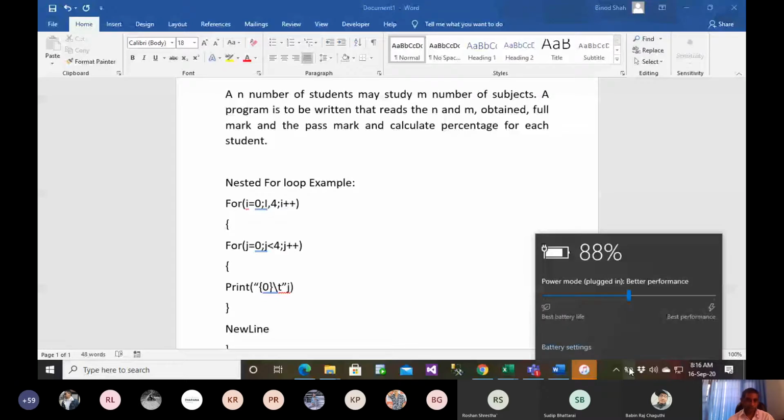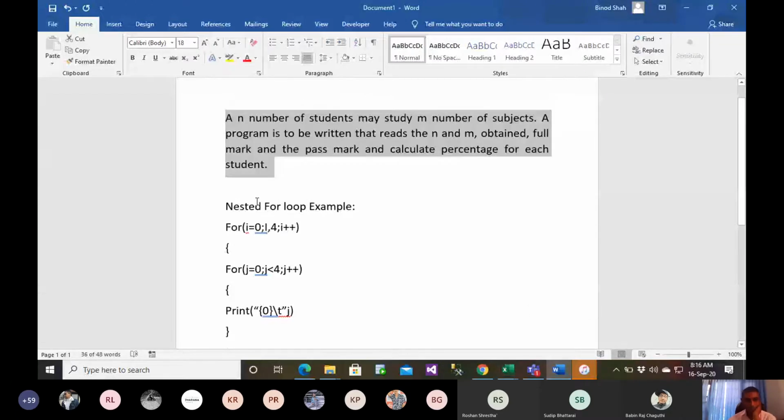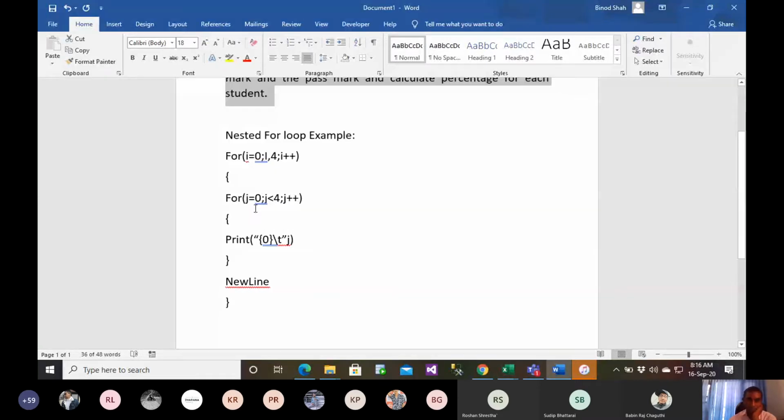Let us see one example of a nested for loop and try to understand how it works. Whenever you have a loop inside a loop, first the inner loop will complete its operation, and only then will it go for the outer loop's next iteration. In this case, i value is 0, i is less than 4, that's a true condition, and this is a post increment operation. So first, these things will happen.